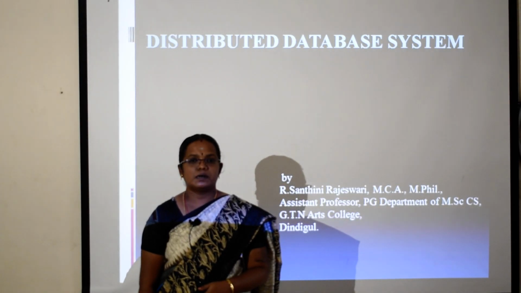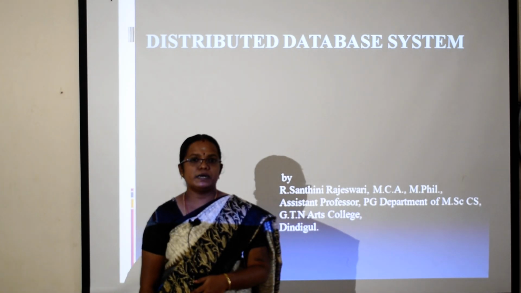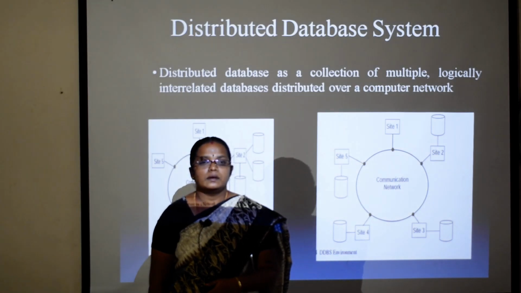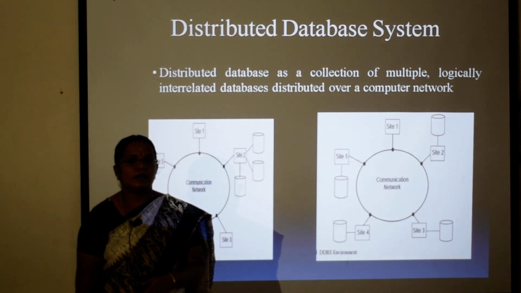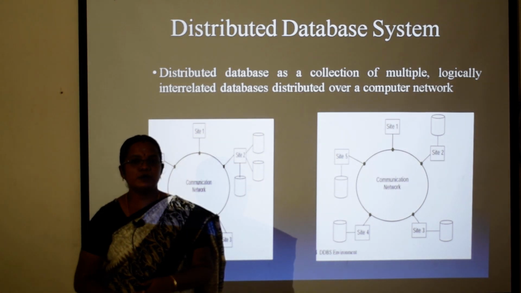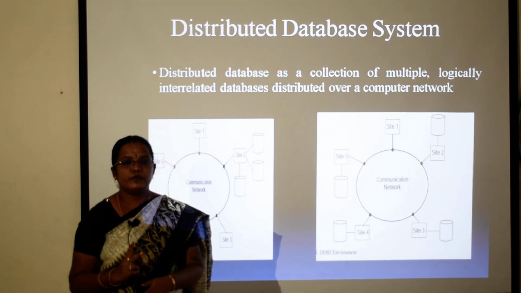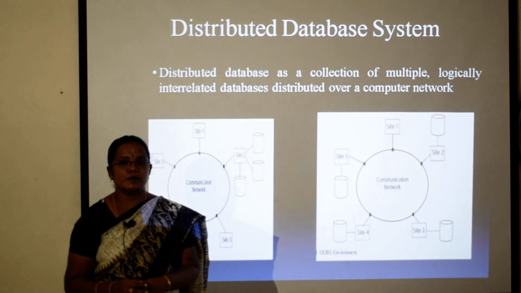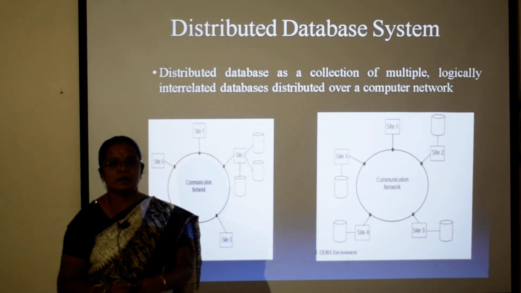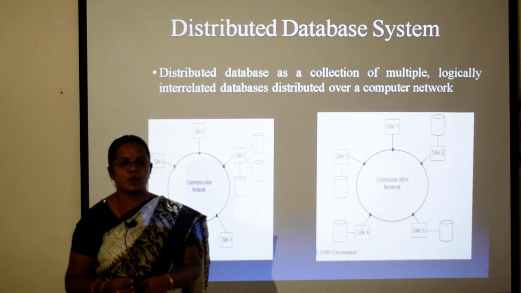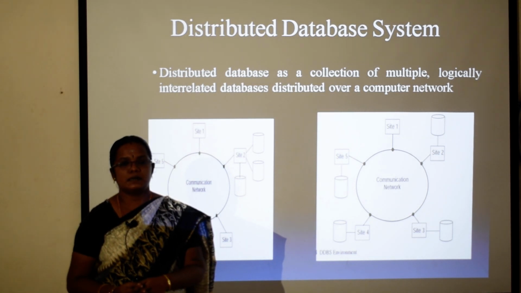Good morning to all. Today we are going to discuss data delivery alternatives in a distributed database system. First of all, I would like to say what is meant by a distributed database system. A distributed database system is a union of two different or opposed approaches of data processing. One is the database system and the other is the computer network. We are going to combine these two concepts and implement a concept called distributed database design.